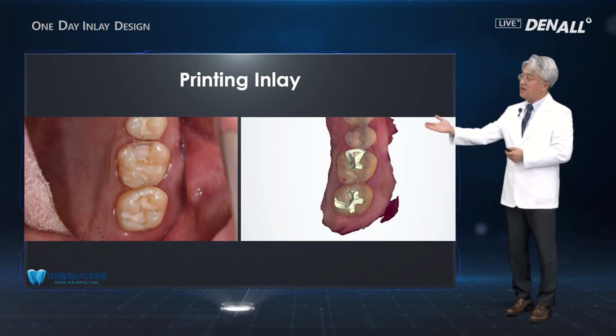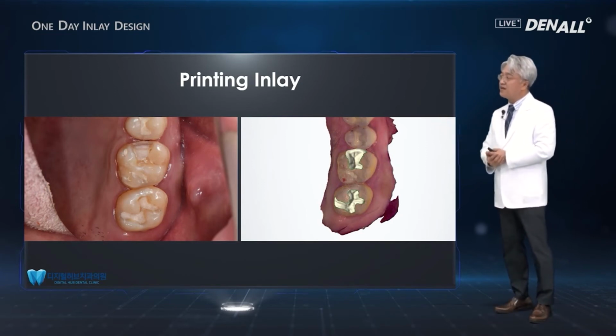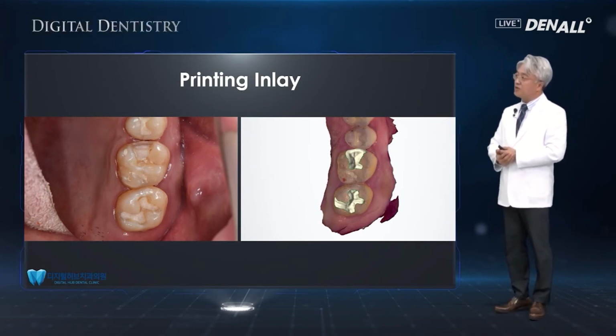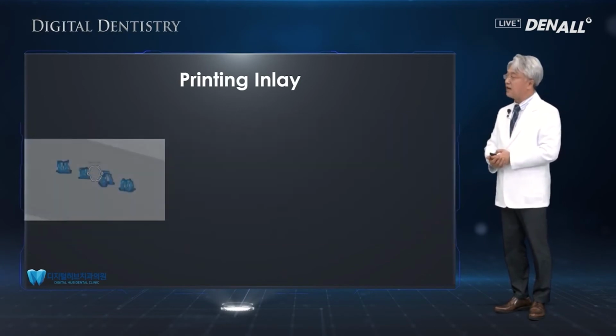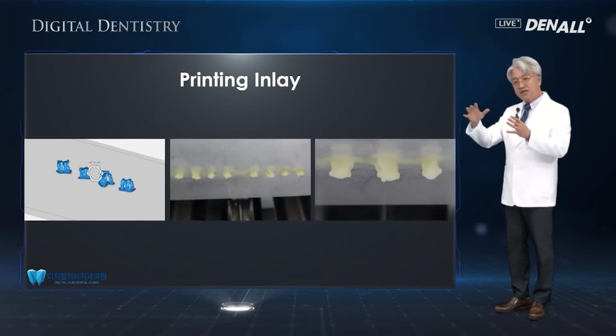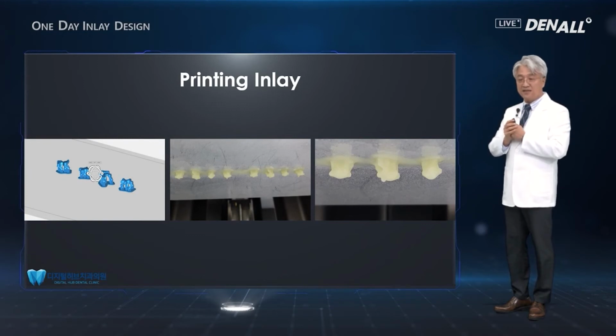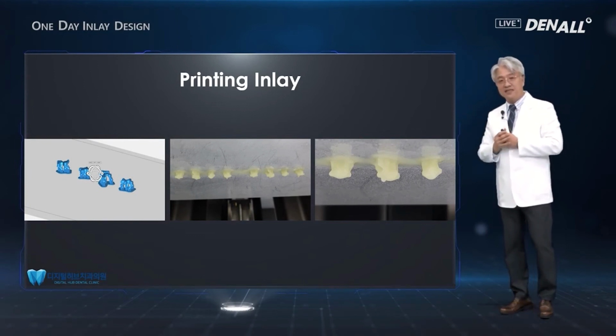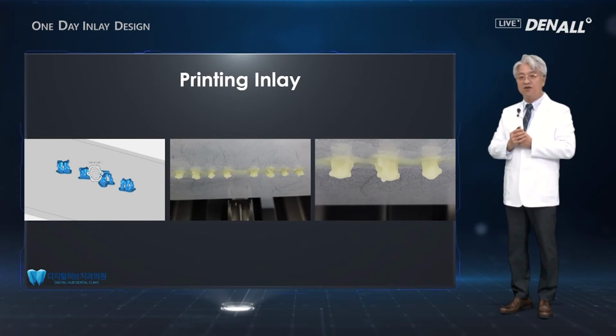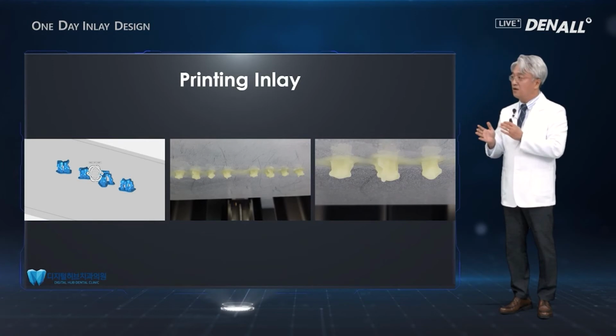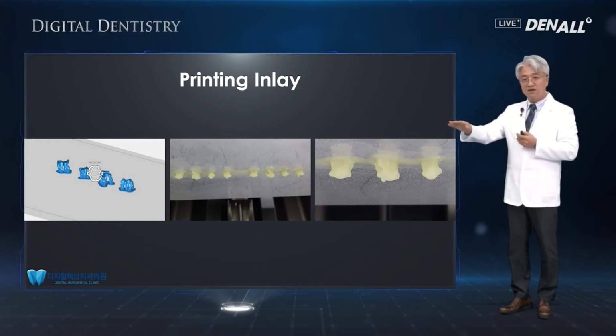As you can see in this case, for the MO cavity and O cavity, two printing inlays were prepped, and in the CAD software, the inlay was designed. In the milling inlay, the CAM software tools were used, and the inlay position in the blocks was set. In other words, it was about CAM operation, but in 3D printing, the same CAM approach can now be done with the slicing